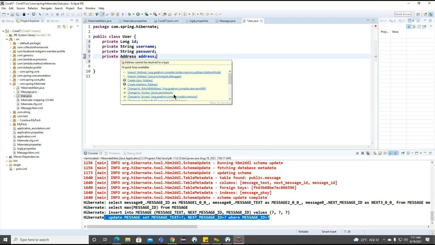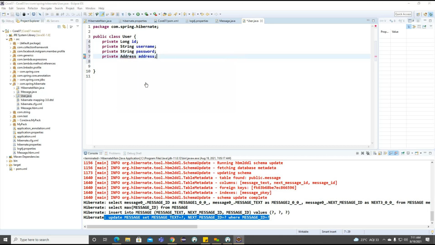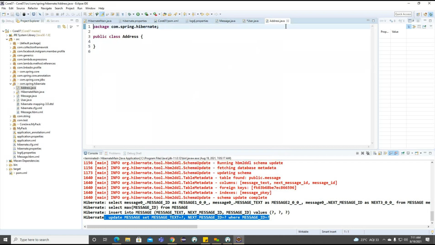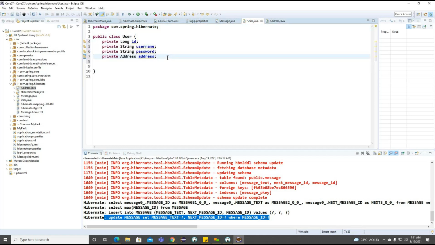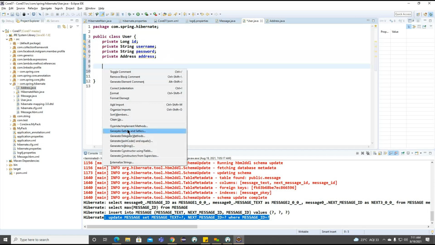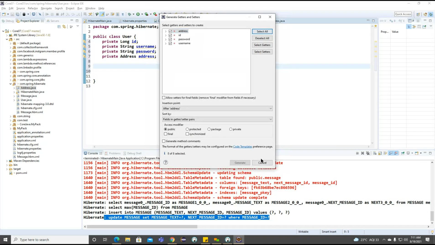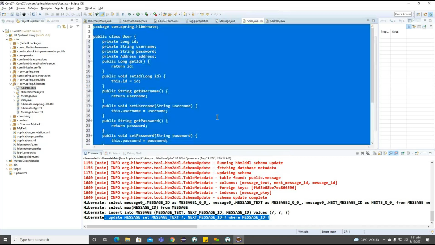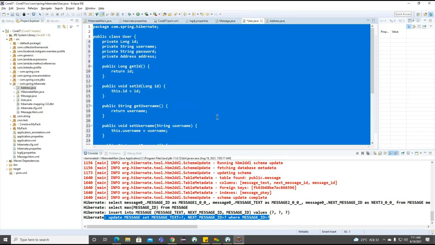So let me create an address also. So we are creating inside this particular package. Okay. So first we'll fill up with this user information. Now what I will do, simply we'll try to generate setters and getters here. Right, now you can see these are all our properties here.